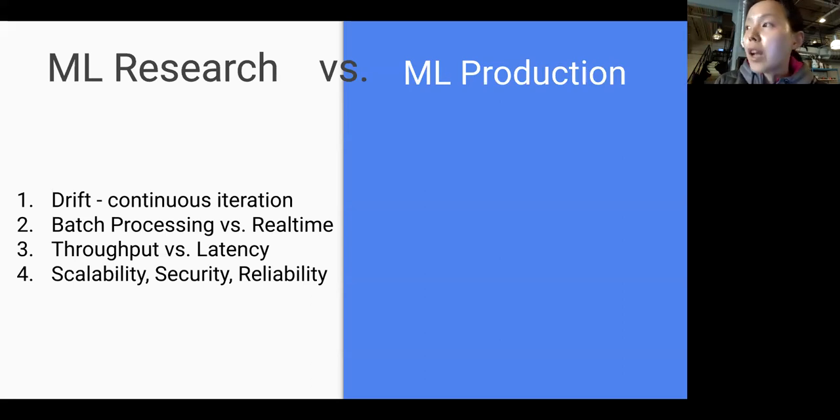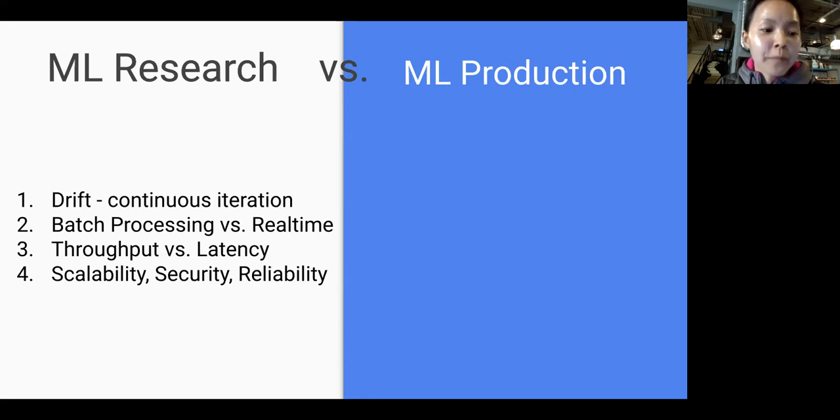But in ML production, it's the other way around, because it matters a lot how fast the model makes a prediction or a decision. When you're using Instagram, you don't want to wait 5 minutes until the model makes a decision so that you can get some recommendation.